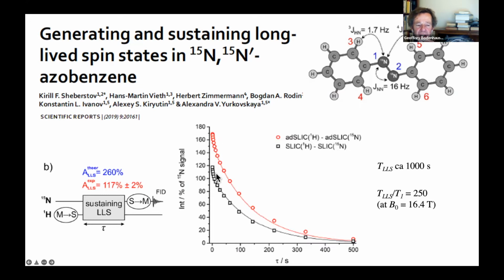And you notice then that you get a very, very long decay, very slow decay. In this case, the longest state is on the order of 1,000 seconds, which is much, much longer, about 250 times longer than the T1 of these nitrogens. Among other things, because the T1 is affected by the CSA of the nitrogens, whereas the long-lived state is not, because the two CSA tensors happen to be aligned in this case. And that is a very favorable situation. So I recommend reading this paper as well.